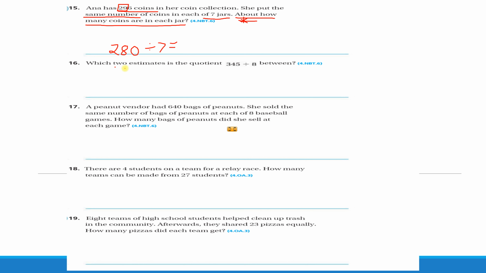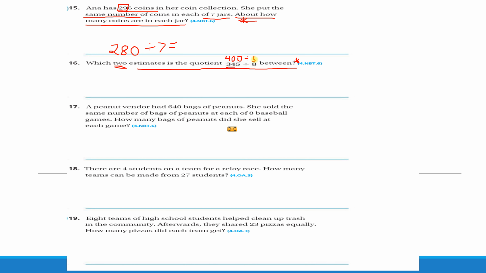Number 16, which 2 estimates is the quotient 345 divided by 8 between? So here, again, I want compatible numbers, but I want a high estimation and a low estimation. So if I look at 34, what's the closest number to 34 that 8 will go into, but that is bigger than 34? This is for my high estimate. So if I count by my 8s, 8, 16, 24, 32, 40 is the next one. So my high estimate is going to be 40 with a 0 for the 5